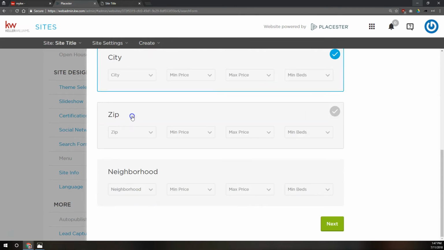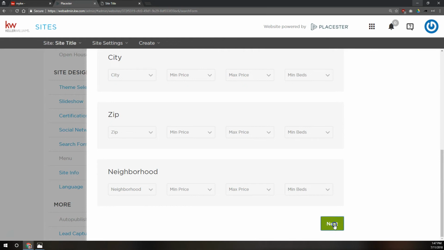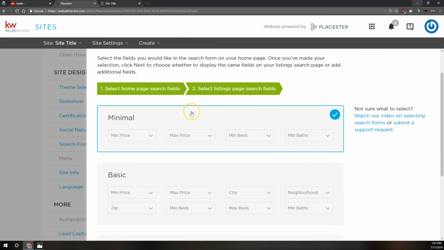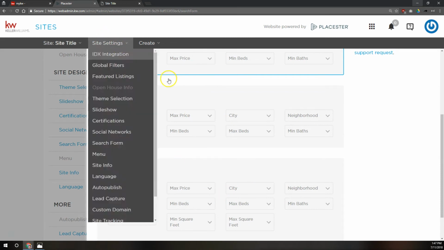Do you want city first, zip first, or neighborhood? Usually price is selected. That's why they have it as the first one in the list here. So you select that. Make sure to scroll down to the bottom and click Next. And then after that, you're choosing how many additional search boxes you want to show on the listing search